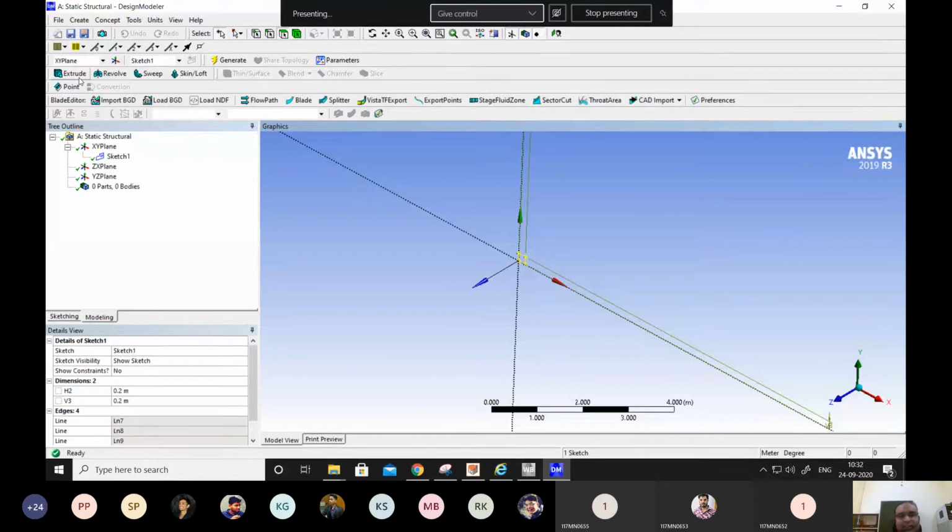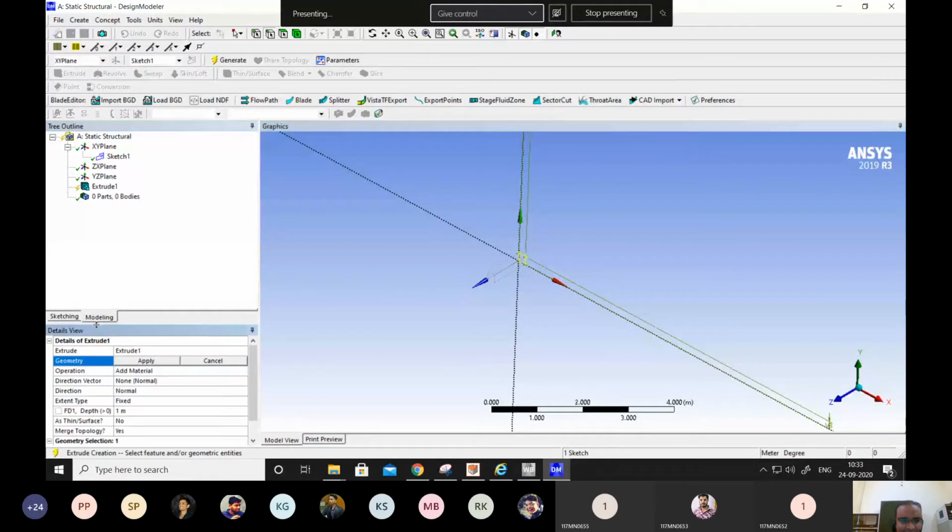Extrude tool basically does this conversion of this cross section into the main beam. So let's see what it does. I use this extrude tool here, and it asks me to select the geometry. So I can select the geometry here and apply. So it has selected the sketch that I made.